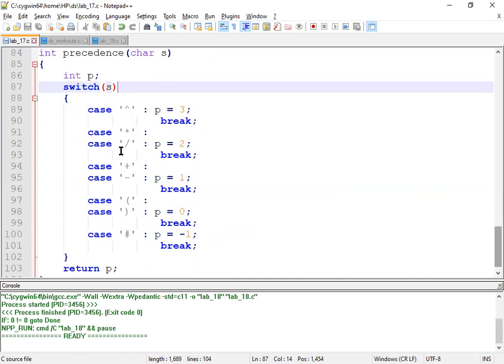If you look at this code, we are taking care of the power operator, multiplication, division, addition, subtraction, and then the brackets. These are the different operators or brackets that we are taking care of, and according to that we have set the precedences. The higher the value, the higher the precedence.